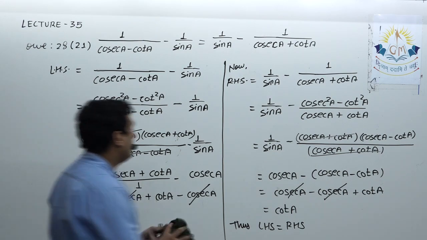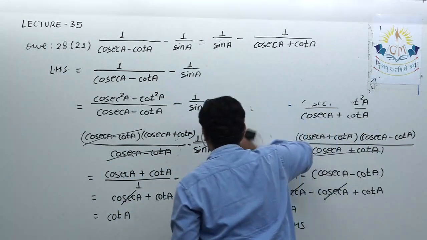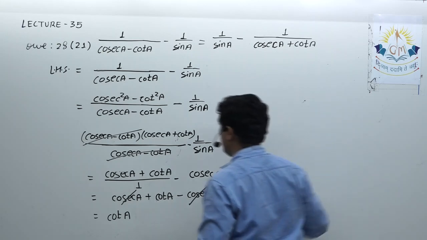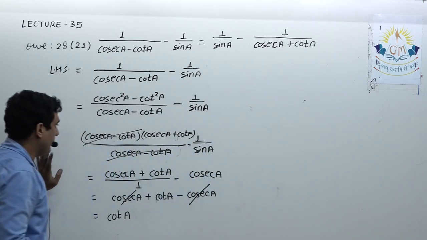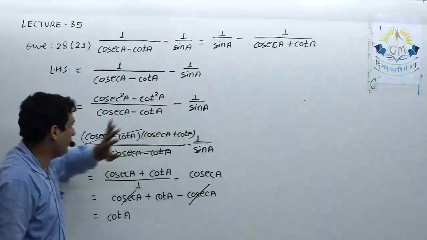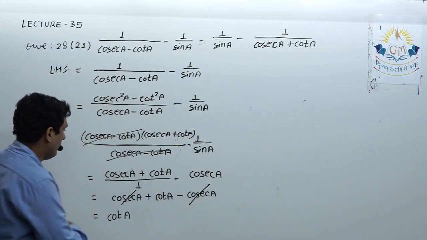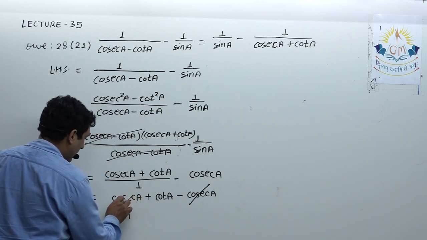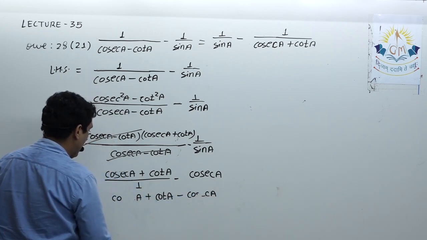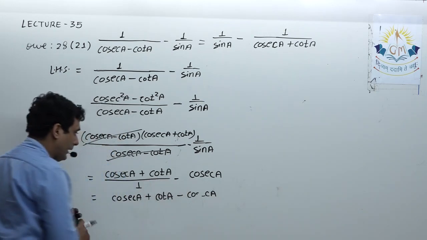Okay, there is one more method to solve this. In that method, we can directly get the right hand side by starting from the left hand side. So let me discuss that method over here. Left hand side remains as it is. I will start with the same thing, that is 1 minus cosec A minus cot A. Then I will replace 1 by this identity. Here I do write these two terms as it is. That means I do write cosec A plus cot A as it is.